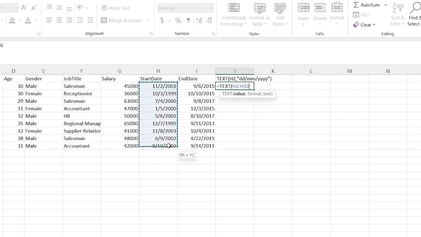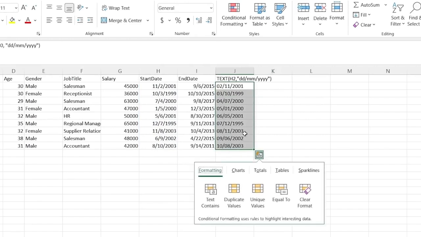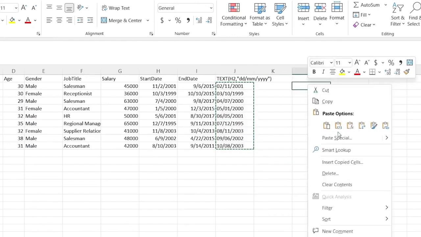Let's do all of these just like we did. And then we need to tell it what the format is. If we tell it something incorrect, it's going to give us a completely terrible output or just give us an error altogether. So this is a day, month, year format. And that is what we're going to do. So we're going to do dd/mm/yyyy and close that up. And there you go. And now, because it's in a formula, what we need to do is copy this